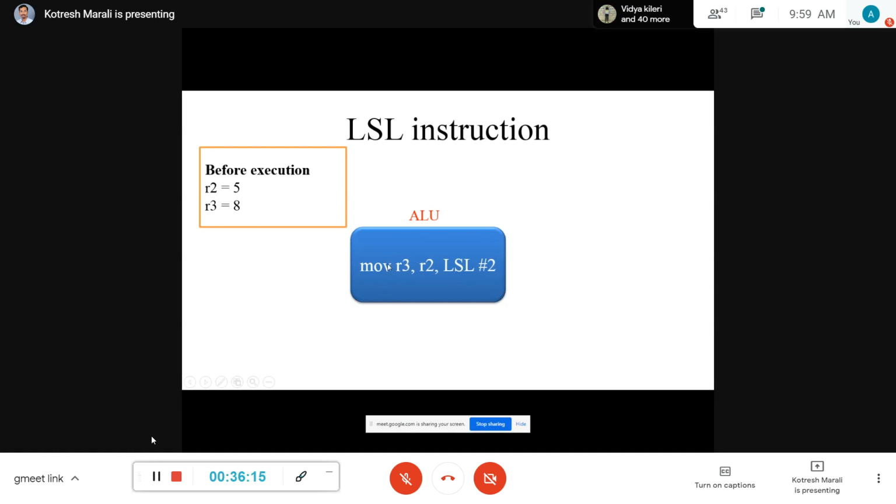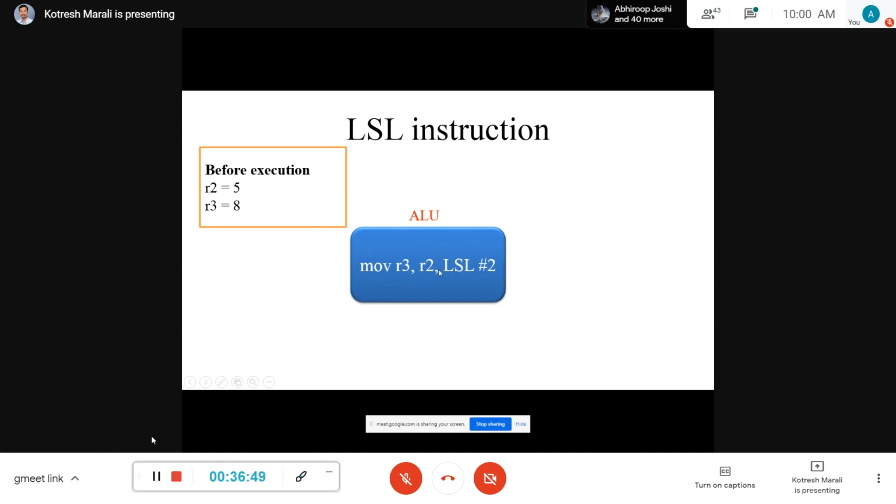Now look at this. My ALU has a simple instruction, MOV R3, R2, LSL #2. Now R3 is a non-pre-processed destination, directly it will get the output. Now we have an R2 register, which will contain 5.